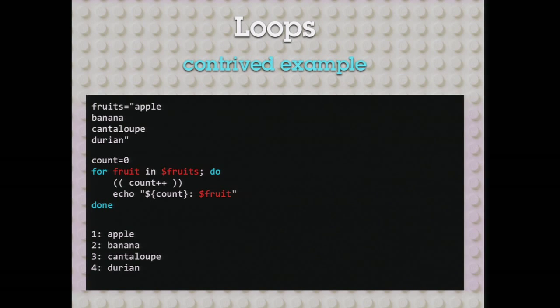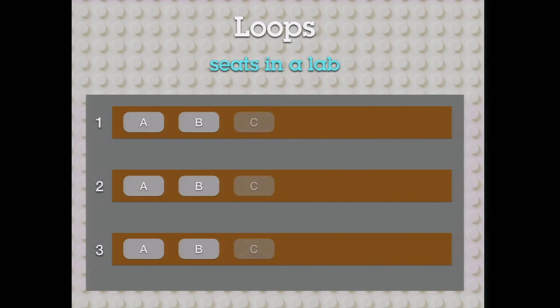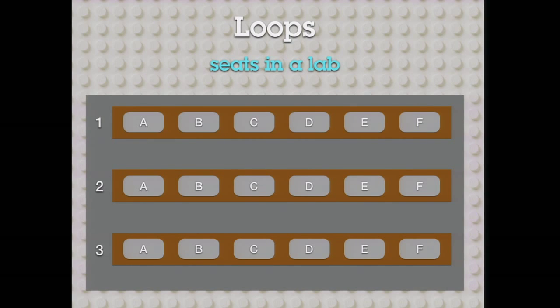Let's see how you might actually use this at work. Sometimes you need to use a more complex looping structure to generate the output you need. Let's say I'm imaging a bunch of iMacs, and I need to give each one a unique host name that matches the seat location in the lab they're going into. So let's say there's 3 rows labeled 1 to 3 in this lab, and each row has 6 seats labeled A through F. Anyone have any guesses how I could use a for loop to generate this output? Say that the host name is lab iMac dash 1A for the first one or 3F for the last one.